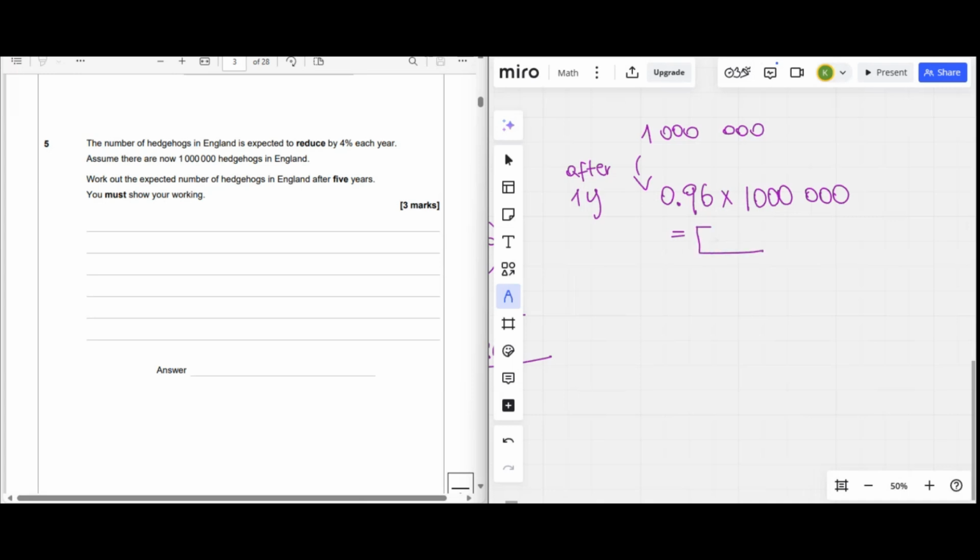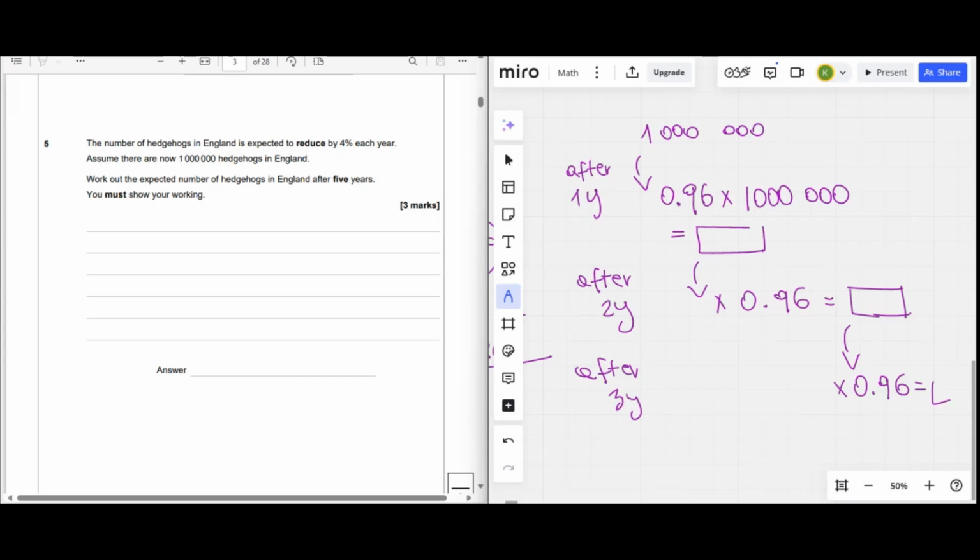And find the result of that. Then after 2 years, get that result and times 0.96 to get another result. After 3 years, get that answer and then again times 0.96 to get result, and continue up to the 5